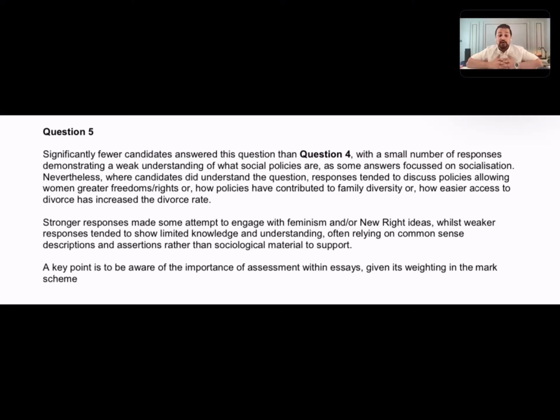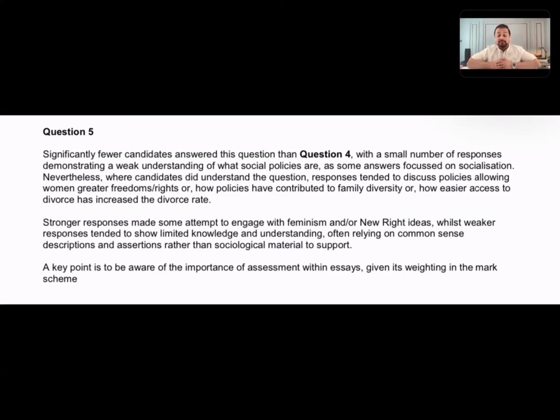Nevertheless, where candidates did understand the question, responses tended to discuss policies allowing women greater freedom, rights, right? You could go back to the first wave of feminism too, or different rights. You could talk about the Sex Discrimination Act. You could talk about the Equal Pay Act. How policies have contributed to family diversity. Again, like I said,